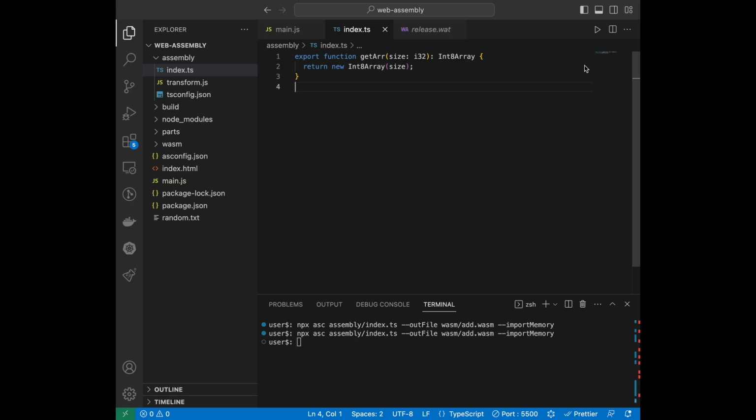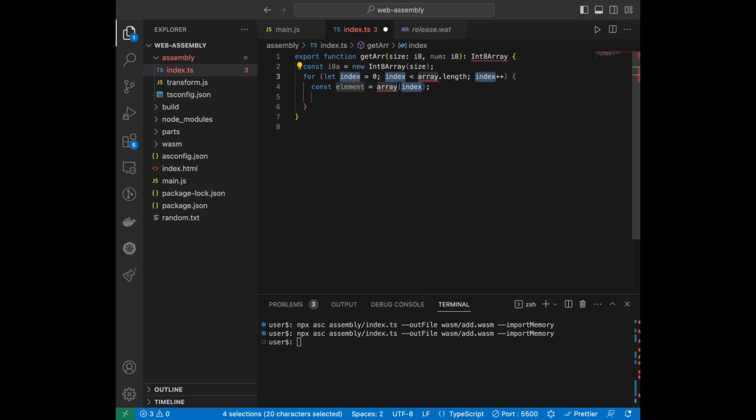So just to demonstrate how array works, I'll edit this code a bit, and instead of I32, I'll take in I8 size, and I'll also take a number which would be of I8, and what I'll do is that I'll add the multiplication inside the array itself. So for loop, index of I8 type should be less than size, that's it. And the array would have I plus 1